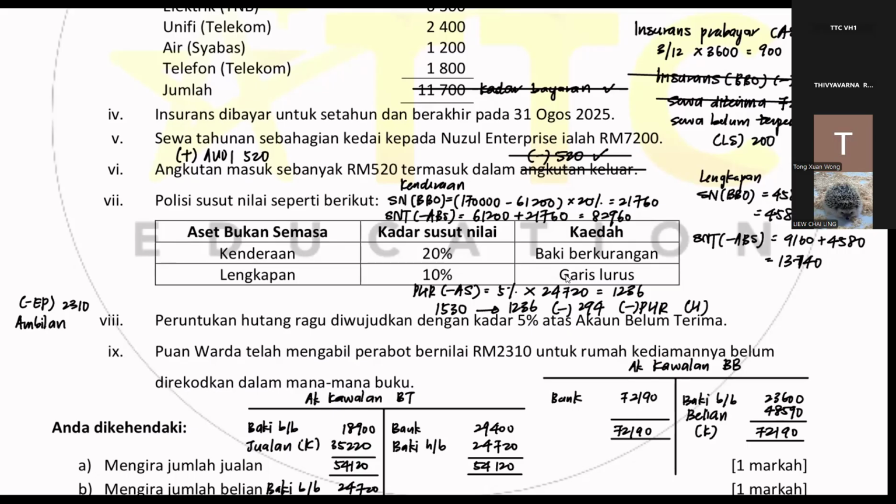Now later, then how about next? To take up perabot. But remember what is perabot? Perabot, we are selling perabot in this question, right? So when we see perabot, it's actually referring to inventory, but we have to change it to bulan or jualan. Jualan meh? Do you take it or sell? Do you sell it? You take it out for personal use only, right? So can we use jualan? No. Then we have to change it to,